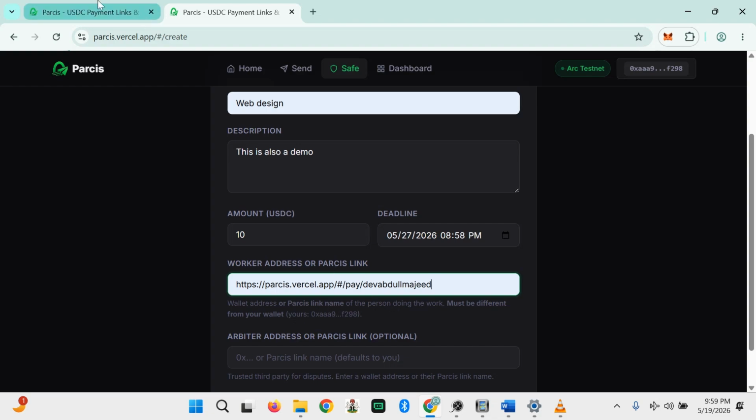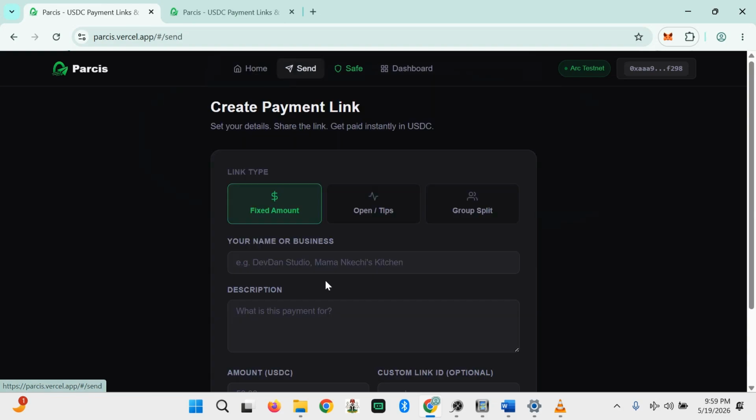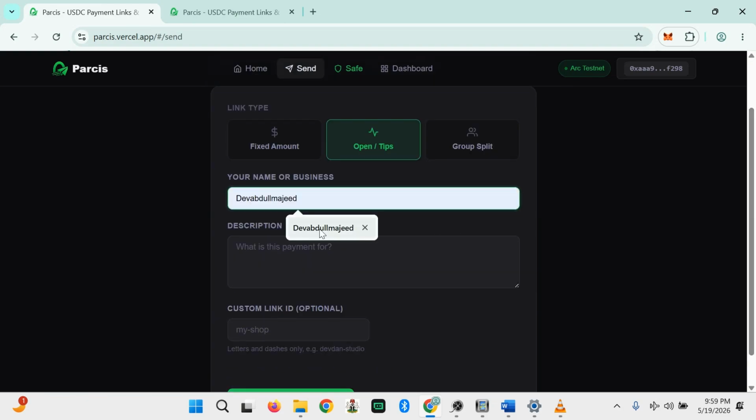Let's say I create an open tips in this section. I create open tips, right? Let me quickly create an open tips payment link.